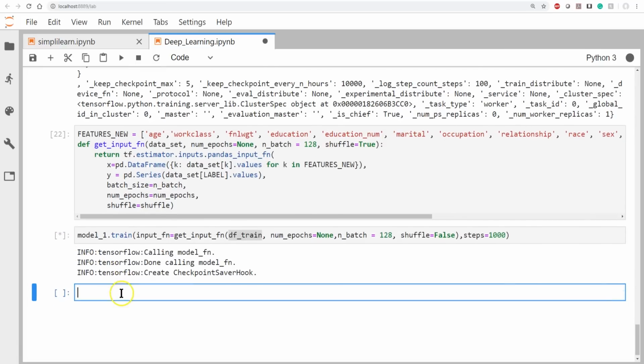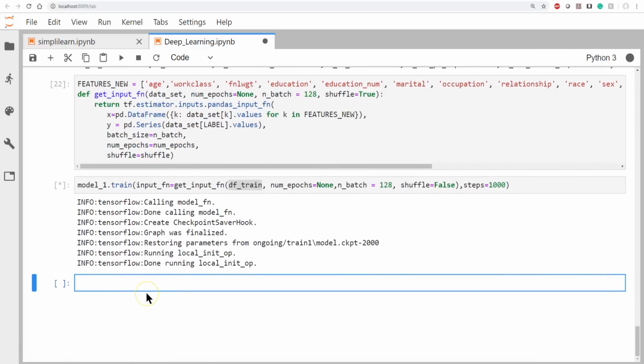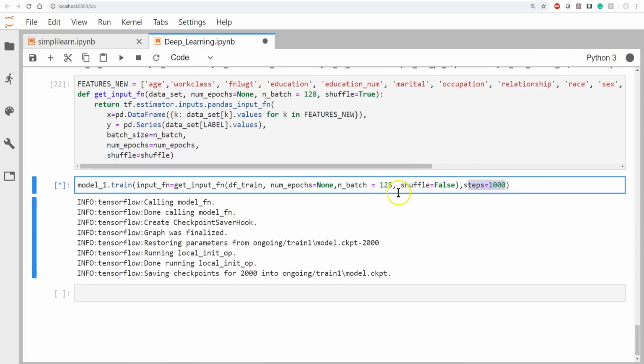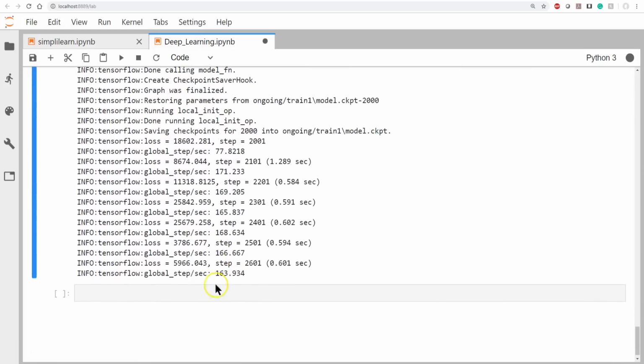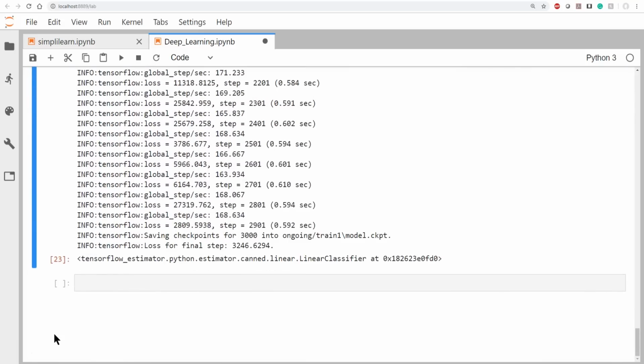And it should go through here and run the tensor info coming in, and in this case, we have steps 1000, shuffling, so it's going to go randomly, 128 per batch, and then the epochs is automatic. We're not worried about that today. So now we have a trained TensorFlow model.